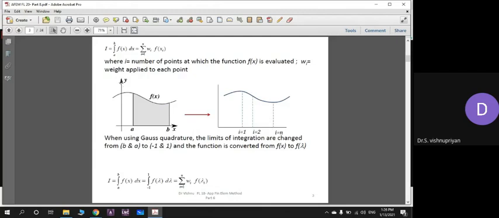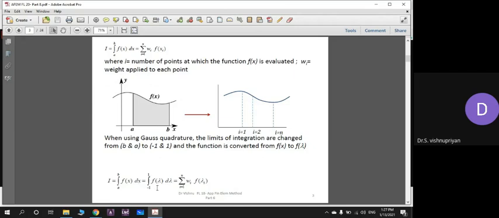So we have a function f of x between a and b. We have to integrate between these two limits. So what we actually do is, between these limits, we take some points, 1, 2, 3, like that, maybe up to n points, and then do what I said before. But one important thing to do before that is, we have to replace these limits a to b with -1 to 1. The original function f of x must be integrated between a to b, but when we do that, we change the limits from a to b to -1 to 1.